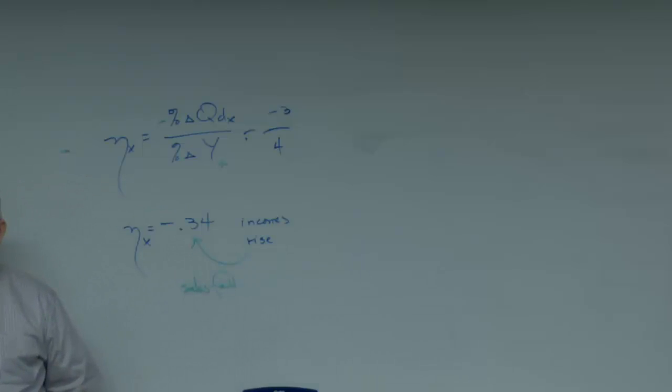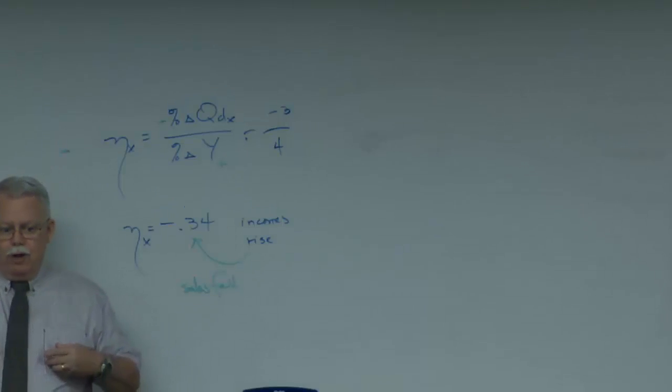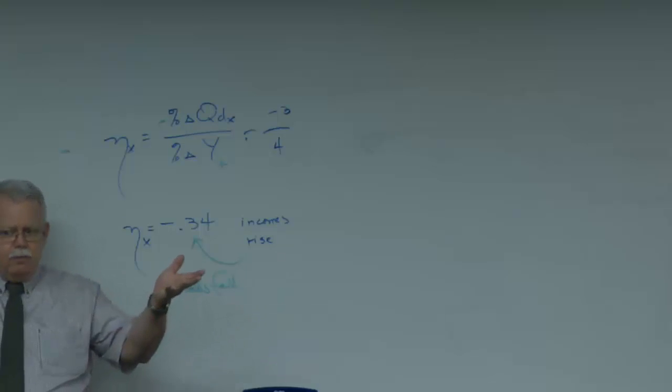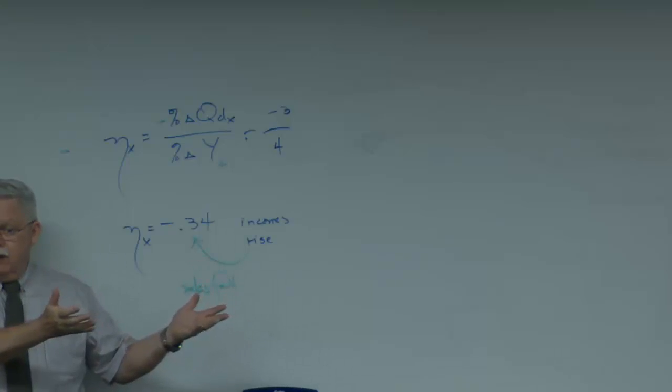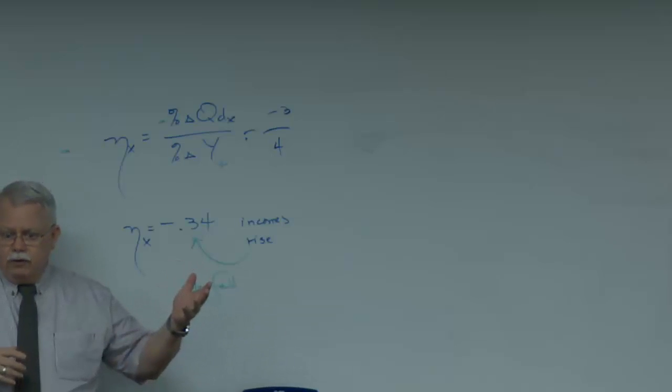So what if it's a positive? What do we call that good? Normal. A normal good. Most goods are normal. If you're running Publix, a Publix grocery store, and the economy's doing well, people are getting pay raises, incomes are rising, typically you sell more of just about everything. You sell more cereal, you sell more steak, you sell more of everything, except